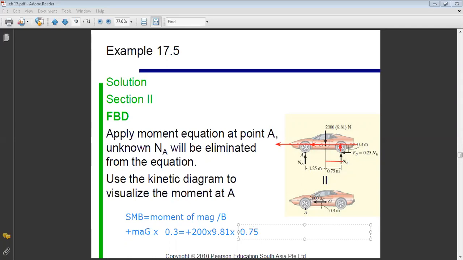Now for NA, its moment about B is clockwise, so it's negative: minus NA times the distance from A to B, which is 2 meters. So in this way, I can obtain another equation, so I can do, instead of sum